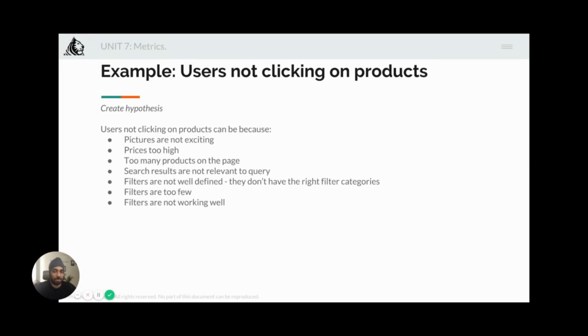Right. The second is prices are too high, and this is a possible case. And in that scenario, maybe the industry average doesn't apply to you, since you sell a high value item. You only deal in luxury products. So one way to check if this is your culprit is by looking at the graph of clicks versus price, right? So if price was a major contributor in clicks, then this is one of your culprits, right? The magnitude of impact should be evaluated after this. Also, you can run a few experiments to validate this hypothesis. Give a discount on a few selected products, ones which have not been performing despite appearing in search results regularly, right?